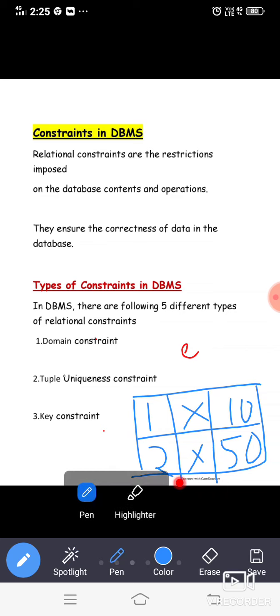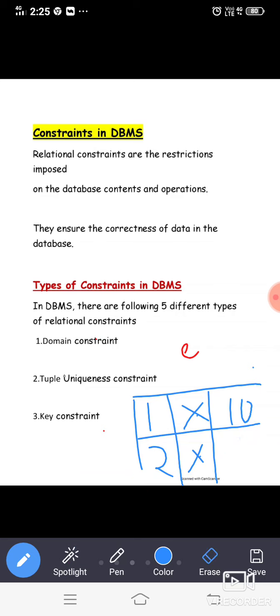Unique means different. You may get a doubt, like x and x is there, they have the same values. No problem. At one attribute if they have the same values, no problem. But see here, there is a difference, a different set of values is there for the second tuple. If you take the first tuple 1x20, for example, if I keep on changing, this also I have written as 10. Now tell me, are these two rows unique or different?